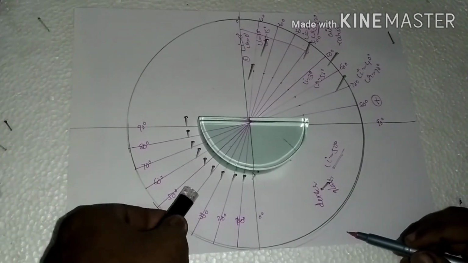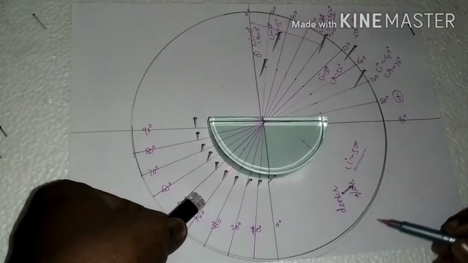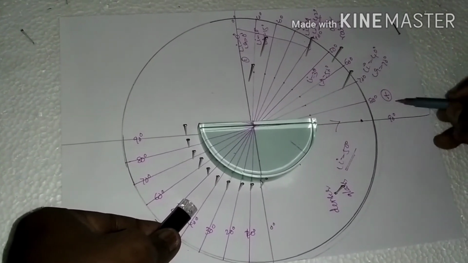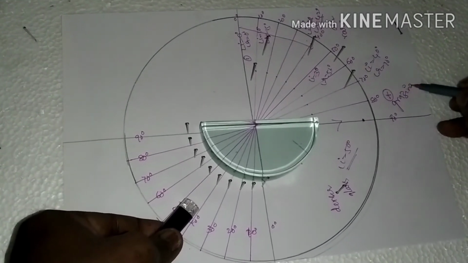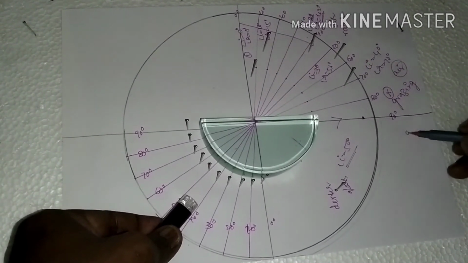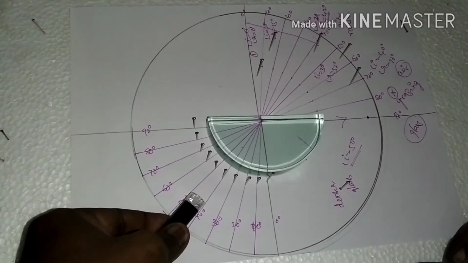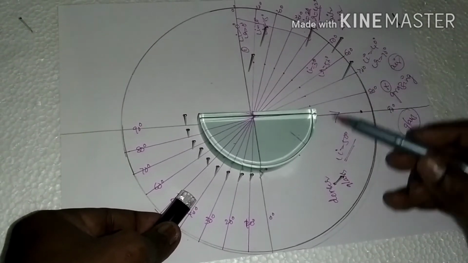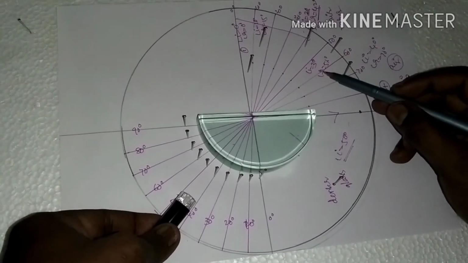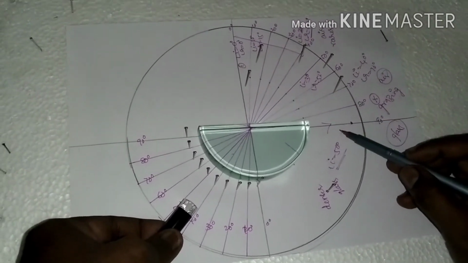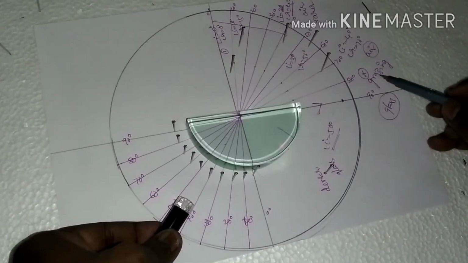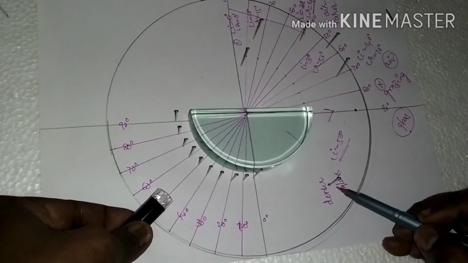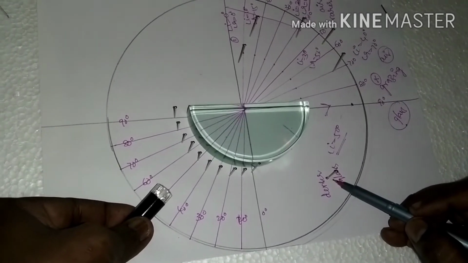Now, if you observe in between 40 as well as 50, we can observe the direction of the light ray is here. Means the light ray is grazing the interface of both air as well as glass. Whenever a light ray is traveling from denser to rarer, up to a certain angle, it enters into the rarer. At a certain angle, it grazes the interface of both air as well as glass. Beyond that angle, again the light ray enters into the denser.